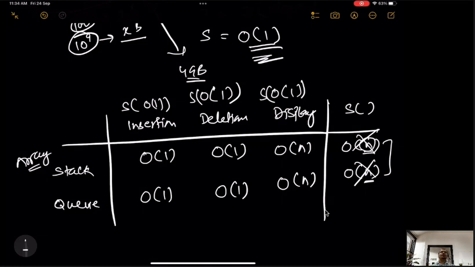But in the dynamic programming approach, we never find space complexity as big O of 1. Constant space complexity is not available in dynamic approaches. So I am not talking about dynamic approaches here. If somebody knows it, that is good. If not, it is also not a problem, because dynamic programming is not in our syllabus right now. Although it is required to be learned by each and every individual who is sitting here. We will teach you in college in your 5th semester when you have the algorithm subject.